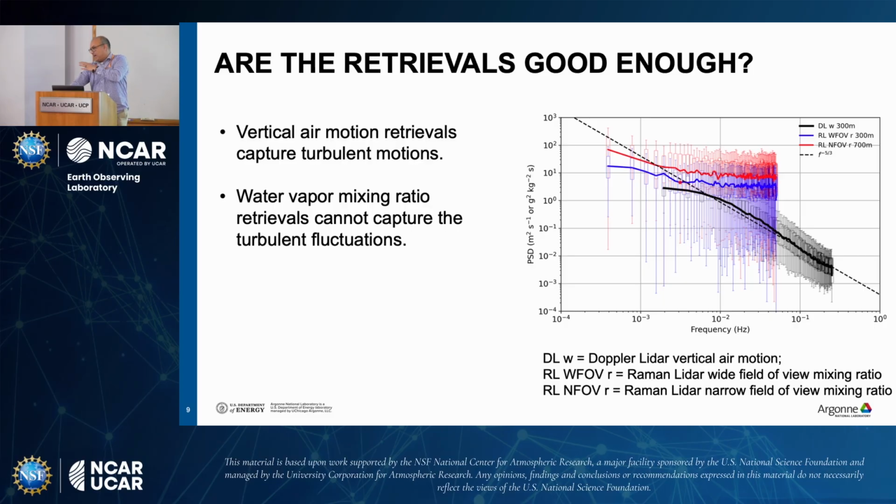The answer to the second question is that there are ways to improve that, but it's all hardware dependent, and I just don't have that. People have done this work at the Southern Great Plains ARM site, and they believe the Raman Lidar is good enough to get Q prime, but I have not seen them plot the spectra. That is essentially, in my mind, the holy grail, which just tells you yes or no. But they directly went to calculate W prime and Q prime PDFs and instantaneous W prime Q prime values, which I don't think can be done, at least from this case.